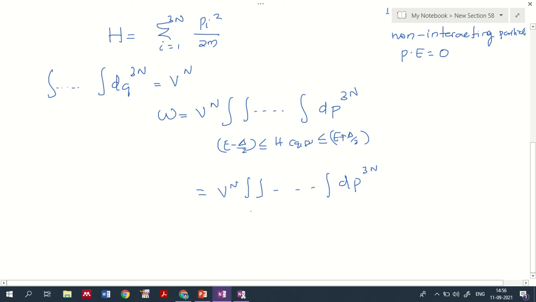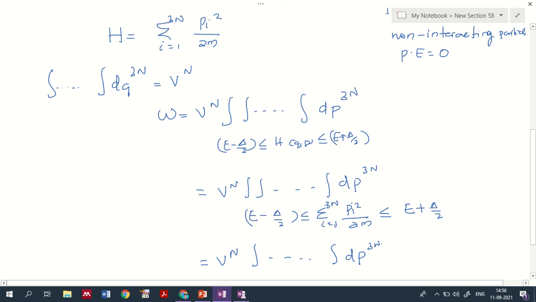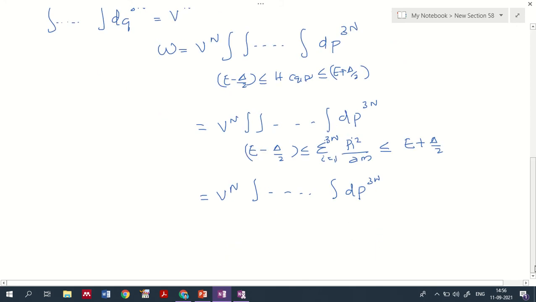So I can give this limit: e raised to minus delta by 2 less than or equal to sigma i equal to 1 to 3n of p_i squared by 2m less than or equal to E plus delta by 2 will be the corresponding representation we'll have. Now if I do so, I'll be having the corresponding volume of a momentum space from here. So in this fashion, dp raised to 3n, and since 2m is there on either side,